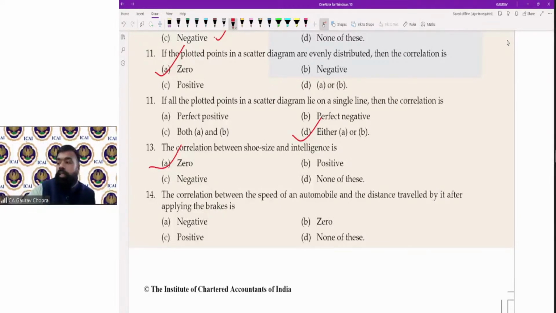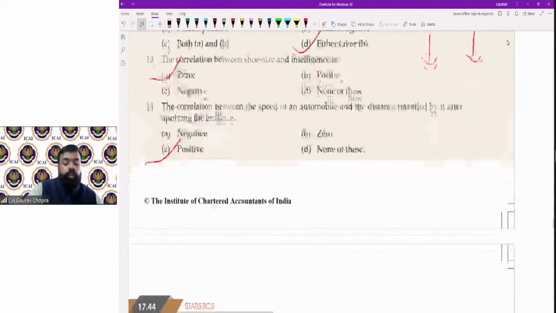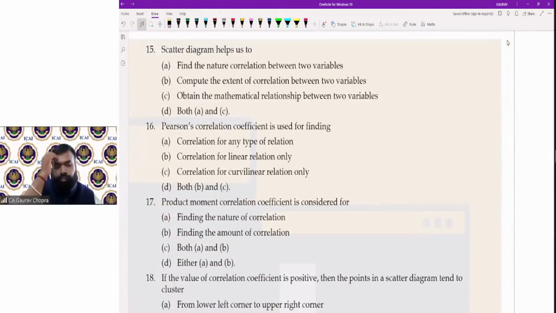देन कोरिलेशन बिटवीन द स्पीड ऑफ ऑटोमोबाइल एंड द डिस्टेंस ट्रेवल्ड बाय आफ्टर अप्लाइंग द ब्रेक्स। नाउ स्पीड ऑफ ऑटोमोबाइल, ब्रेक्स हमने अप्लाई किए, स्पीड रिड्यूसेस, डिस्टेंस जो अब कवर हो रहा है वो भी धीरे धीरे कम हो रहा है, दोनों सेम डायरेक्शन में है, द रिजल्ट विल बी पॉजिटिव। 15, स्कैटर डायग्राम हेल्प अस टू फाइंड, फाइंड द नेचर ऑफ कोरिलेशन। एक्सटेंट ऑफ कोरिलेशन हम पता नहीं लगा सकते बिकॉज एग्जैक्ट वैल्यूज के लिए हमें फॉर्मूला चाहिए, एंड स्कैटर डायग्राम डज नॉट हैव द फॉर्मूला।